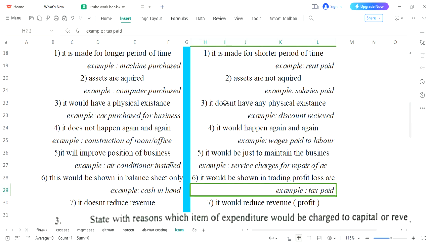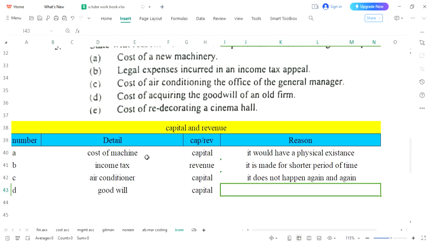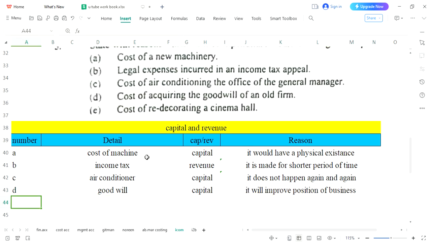Now there are few reasons which would not be applied. One of which is that it has a physical existence. So no, goodwill has no physical existence. It is only in the minds, in the memories of your clients and customers, and it will improve the position of the business. This is the best reason we can choose. It will improve the position. So keep it in mind, goodwill will always be capital. And now number E